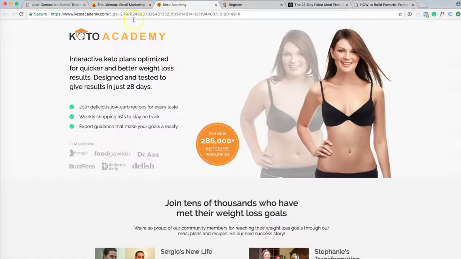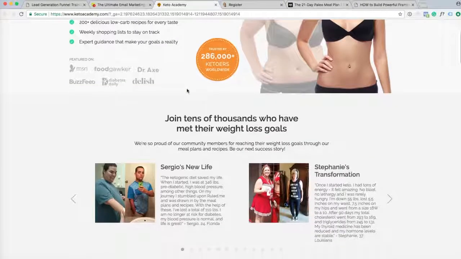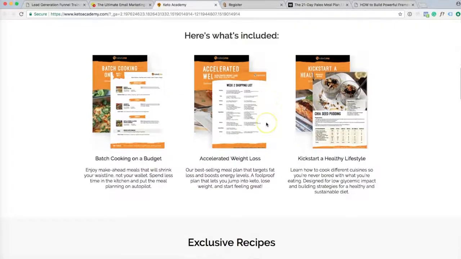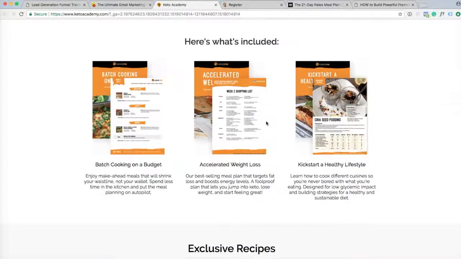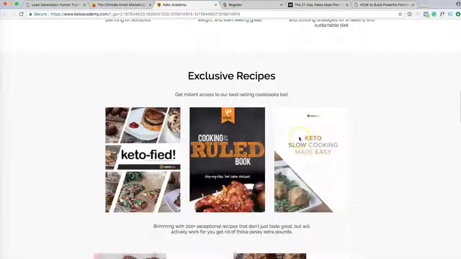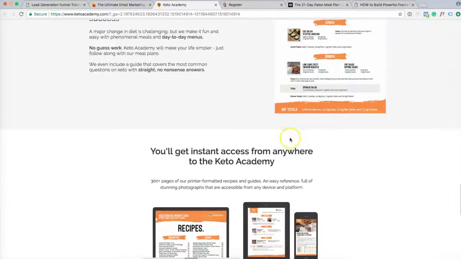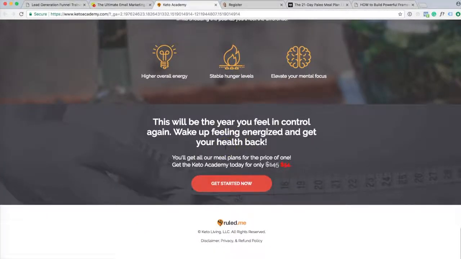And that's what I want to bring you back to this Keto Academy. So keto is a type of diet, if you're not familiar, that utilizes fat instead of carbohydrates, etc. So this is a sales page. If you go down, it's giving you reasons why this academy works. Here's a bunch of stuff you get. So the reason I want to make this clear is they're giving away stuff too, but it's part of a bigger package that they want you, if you scroll down here, they want you to buy down here,